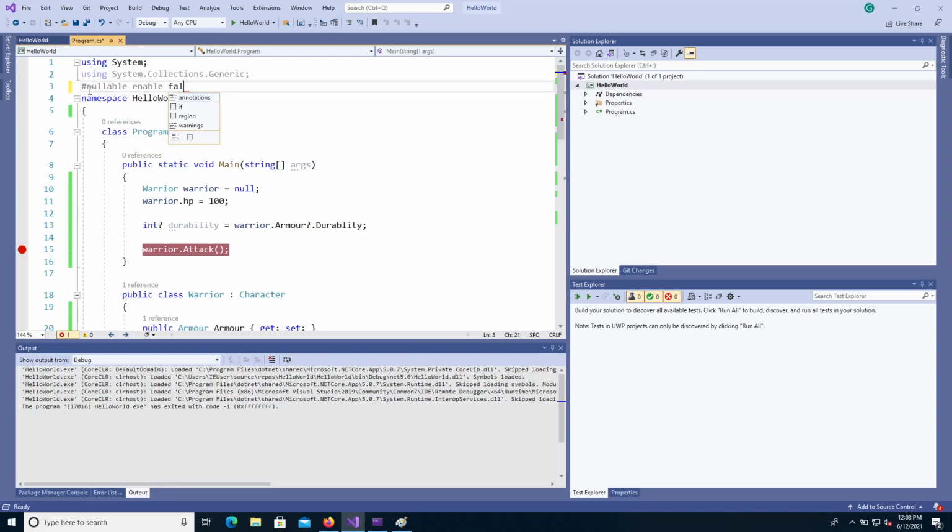You can also do something like enable false. Enable warnings, and this will produce the same error. Now